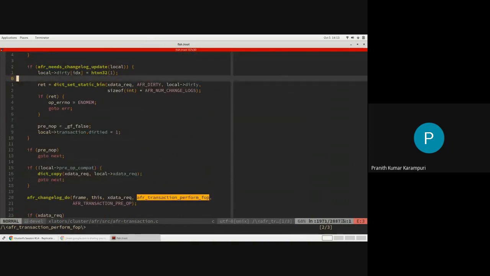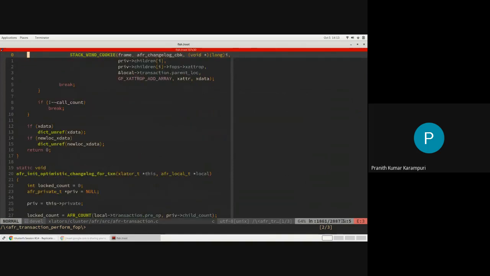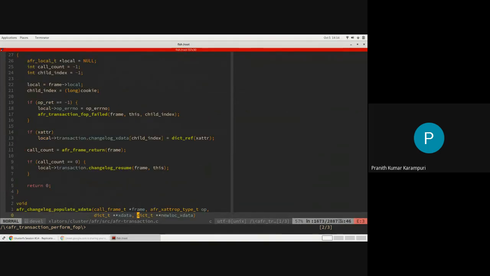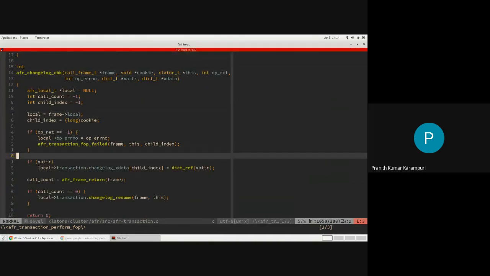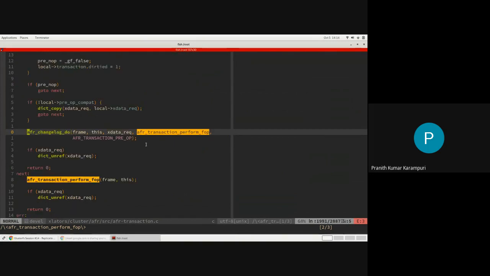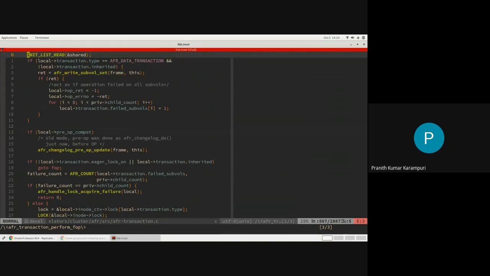So when we do this changelog, once this is done, we actually store some information like this changelog data, etc. Then we are going to do the next step.